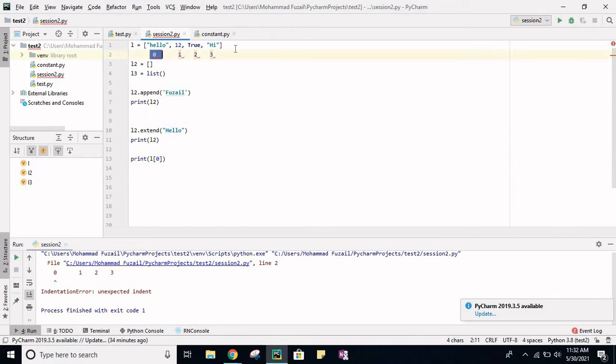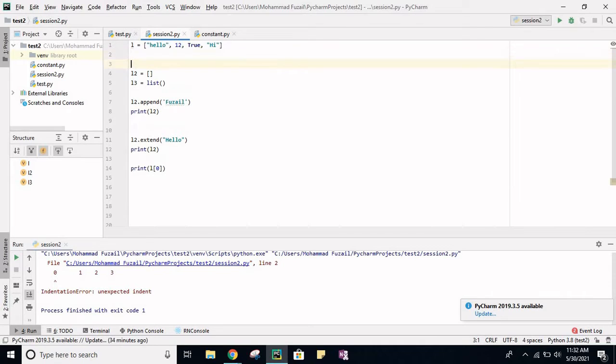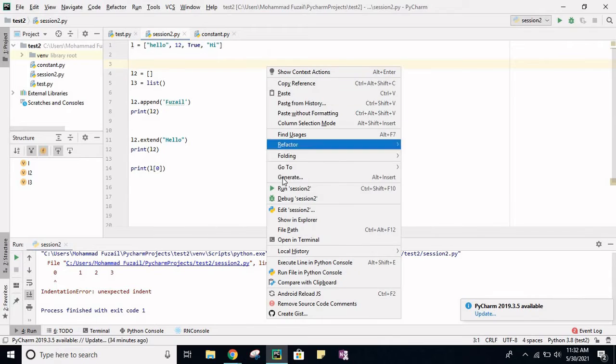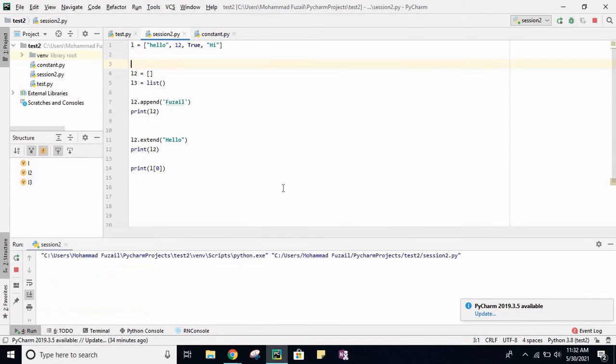Oh, we have to delete this, right? Just for your understanding I did that, because that's not a convention to write in Python, so it was showing an error. Let's see. So the 0th element, what did it print? It printed hello, which is the first element of the list. So this is the way, using the index, you can fetch a single element from a list. If you know the index, you can easily get an element out of the list. Clear?